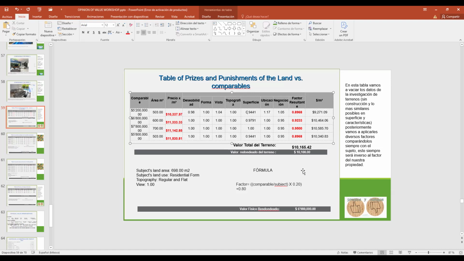I need you to be prepared with the calculator. See? So with this formula, the factor is comparable over subject, times 0.20, plus 0.80. Let's do this one. The factor is the comparable over the subject. We're talking about surfaces.